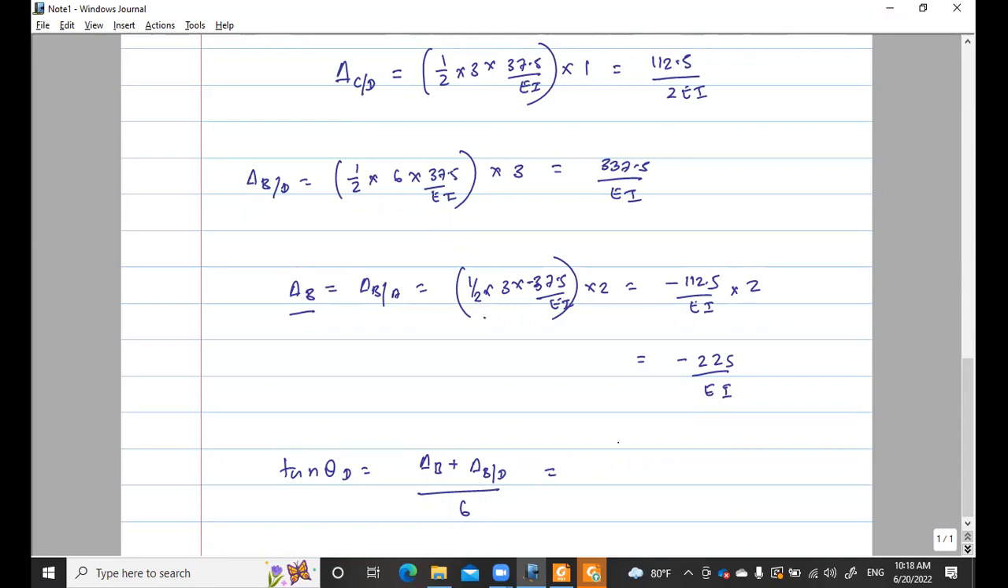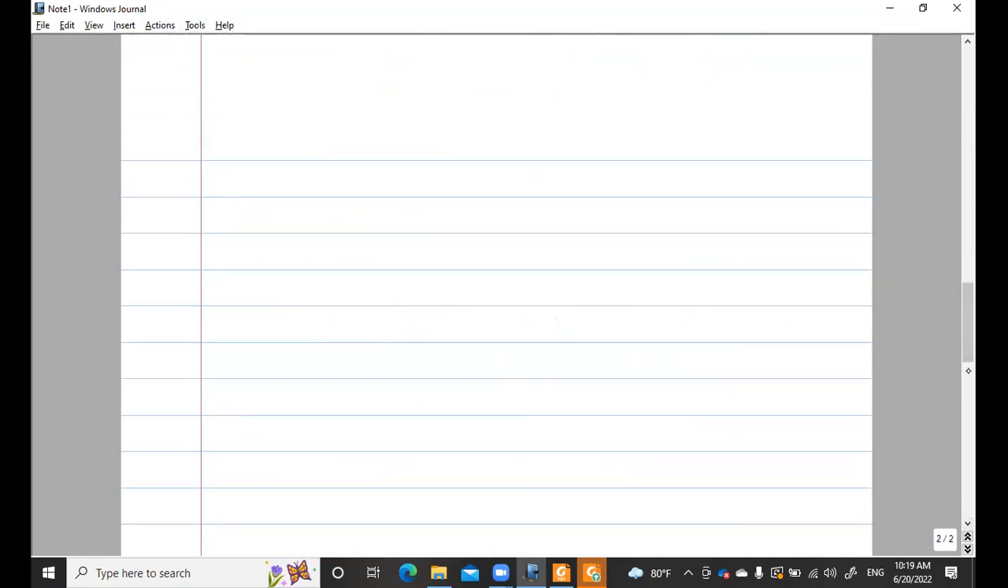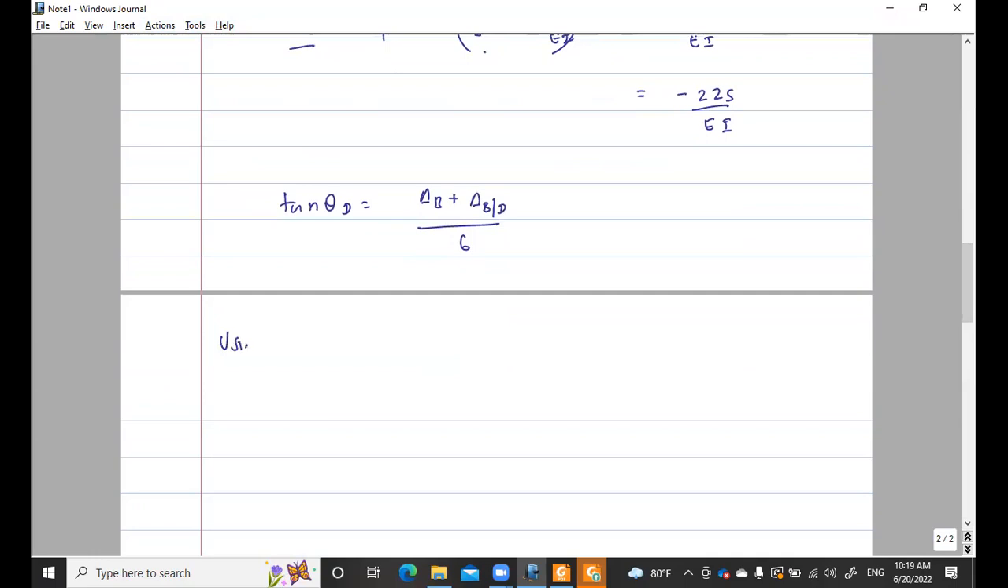so this is tan theta. So then, using proportion of two triangles, delta C plus delta CD is equal to half of delta B plus delta BD. Okay, it's half of that. So